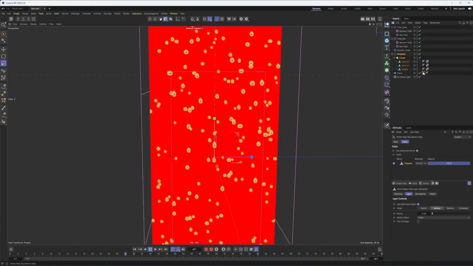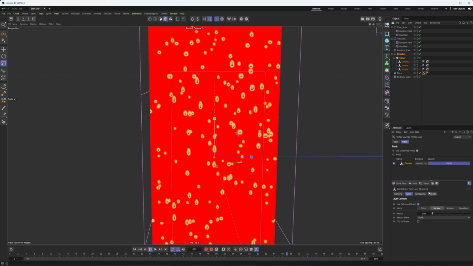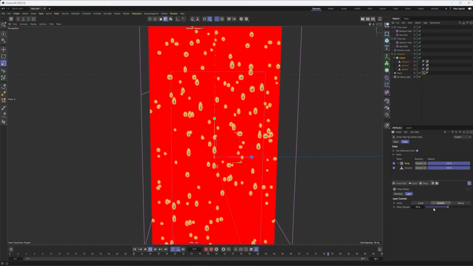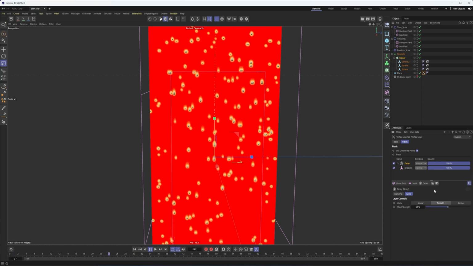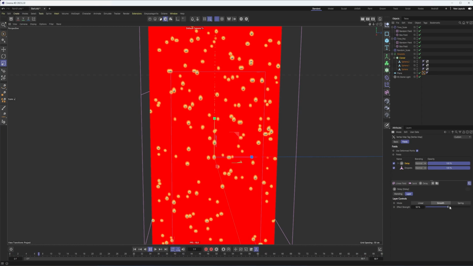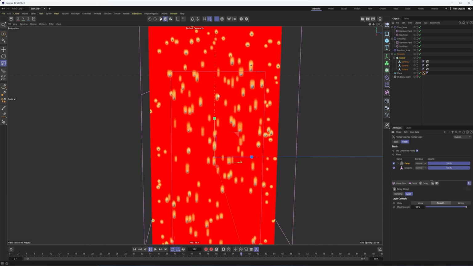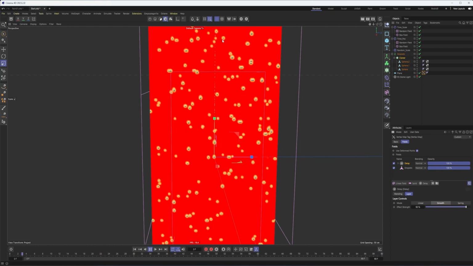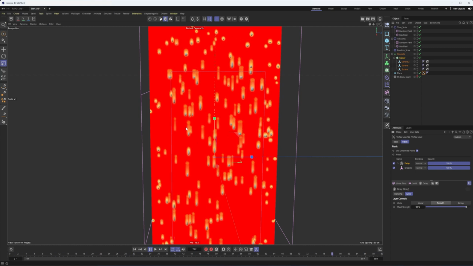But in our map, our vertex map, there's a couple of different ways you can do this. Really, those are going to be decay and delay. So if I just add delay, we'll see it a little bit, but as the strength is right now, it's actually pretty subtle. So I will increase our smooth amount, and now you can kind of see it growing out. And actually, this is working quite well. I'm pretty happy with this, right?